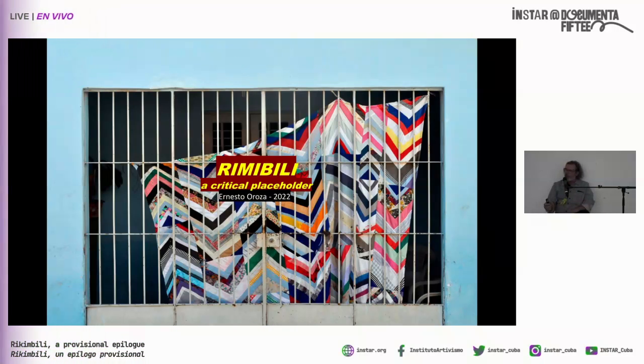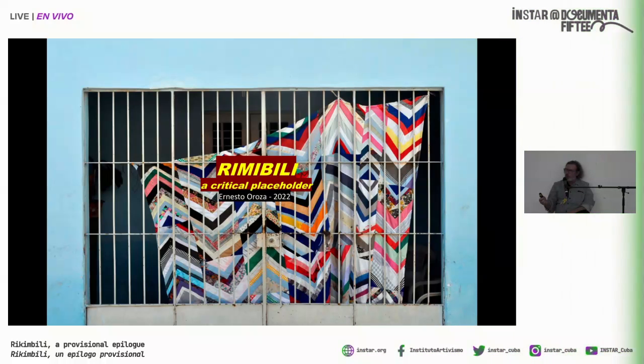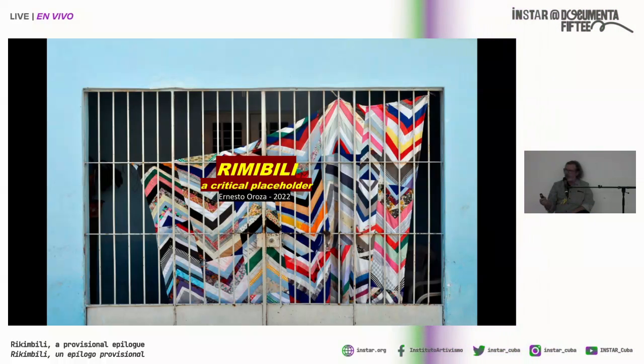This idea of placeholder is an English term to talk about something that is keeping the position of other things. We can think, for example, that the Pope in Rome is the placeholder of Jesus Christ on the earth. Then to think about placeholder from the critical point of view is very important for me. In this case,